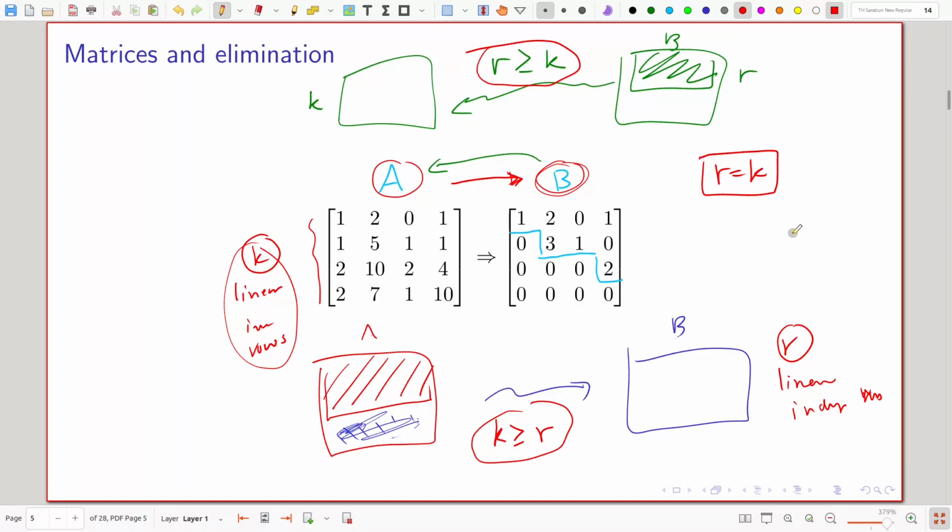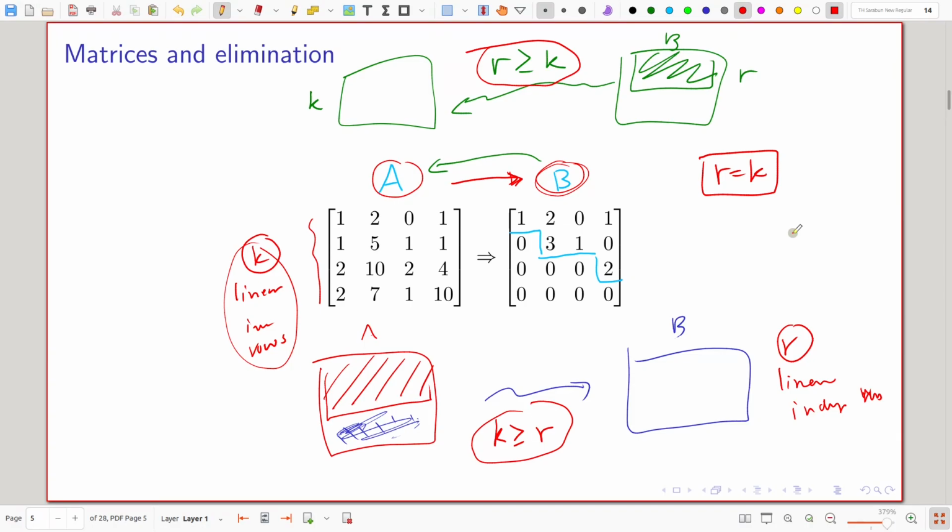This rank, we refer to this as row rank because we work on the rows here, right? We look at the maximum number of linearly independent rows. There is something called the column rank. What is the column rank? The column rank is basically the maximum number of linearly independent columns.